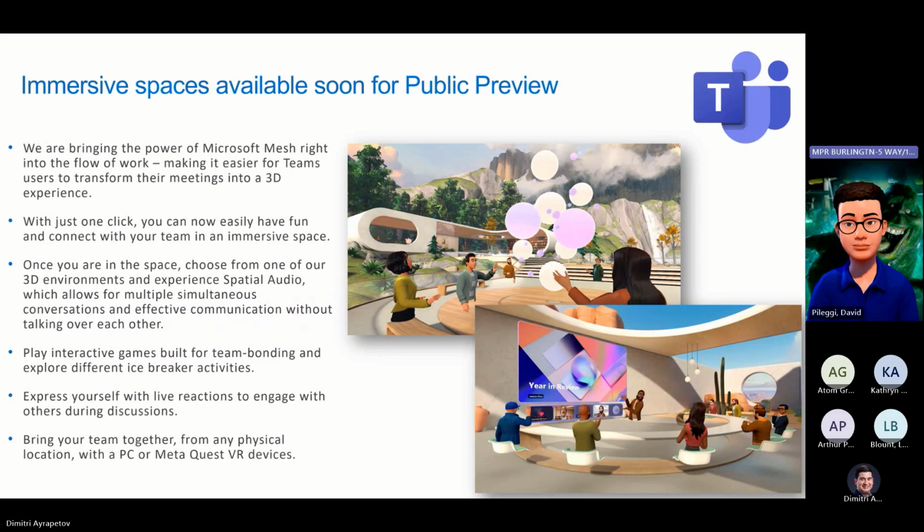So there's a new feature for Teams that's going to be available for public preview later this month. This is a feature called Immersive Spaces. The idea is that beyond just having Teams on your desktop or laptop, there's now a module for if you have a VR headset, such as the Meta Quest. If you were to put it on, you'd have spatial audio. So as you're interacting with your audience, if someone's behind you or to the left of you, the audio would come out from where they actually are, so you could turn around and talk to them. The intention is that it would make it a lot easier so that people are not talking over each other